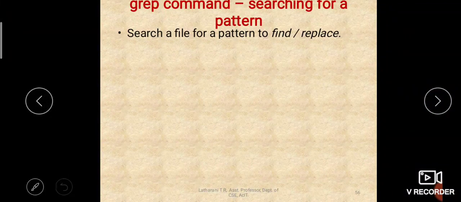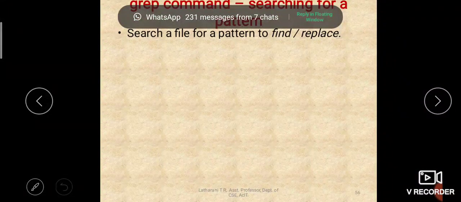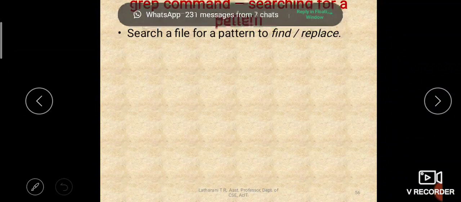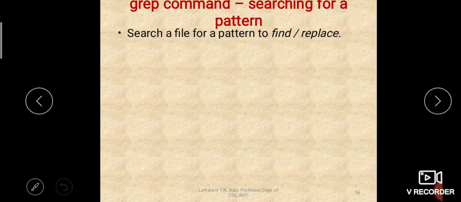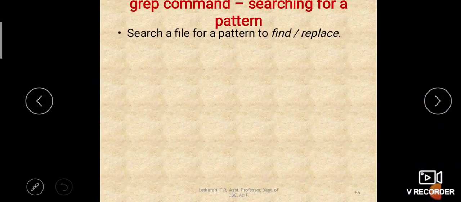See, earlier also we have written some patterns and we have searched on the shell, right? Using wildcards we have written patterns on the shell. Those patterns are used with any command, isn't it?